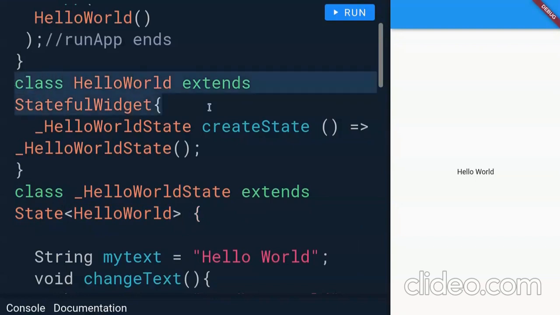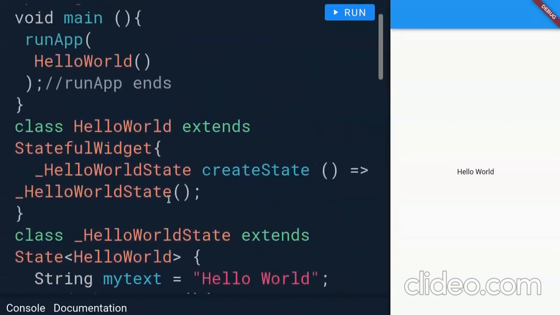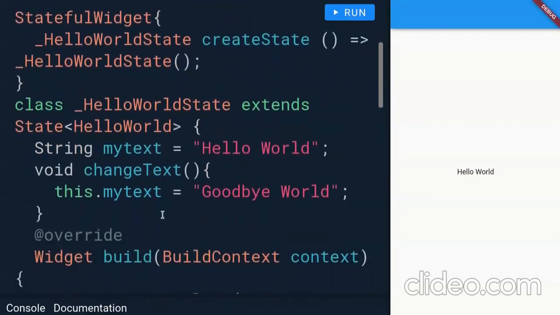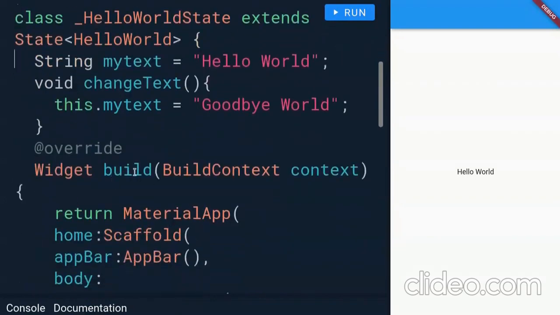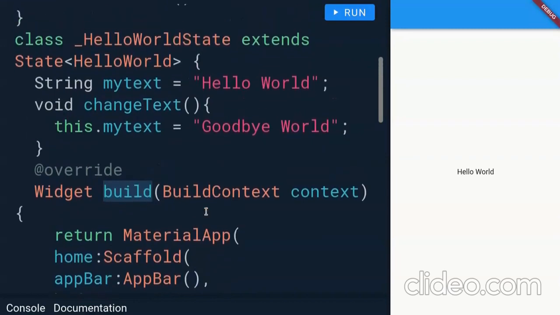So this is a fairly standard pattern. I'm creating a stateful widget, and then I'm initializing the state object. The state object extends the state inbuilt class, and this state object is of type hello world. Okay. So we have replaced the stateless widget with a stateful widget, and we have created the state object, in which the build method is there, which is composing the user interface tree.